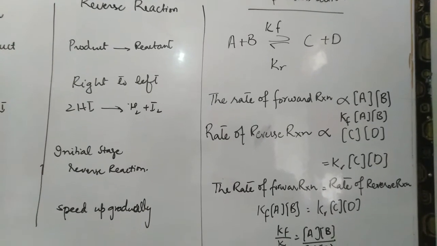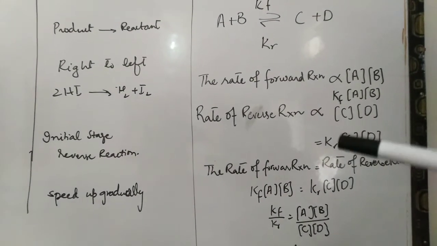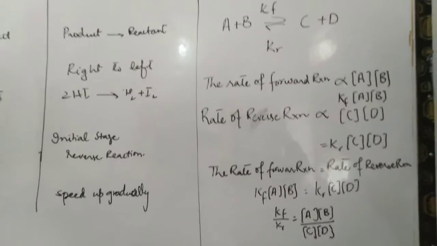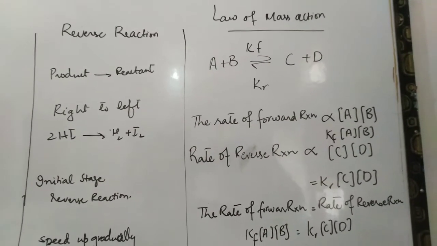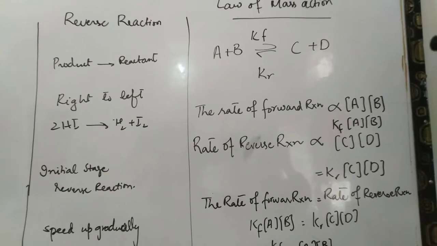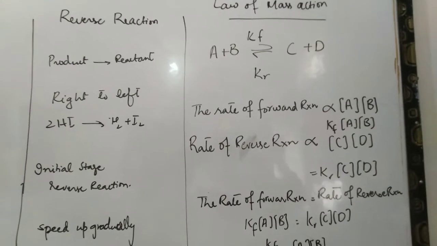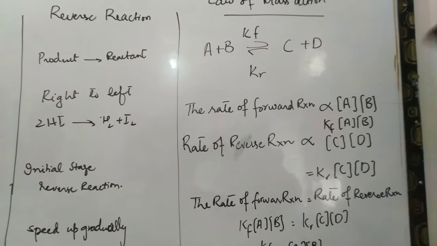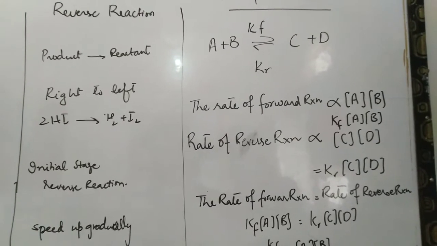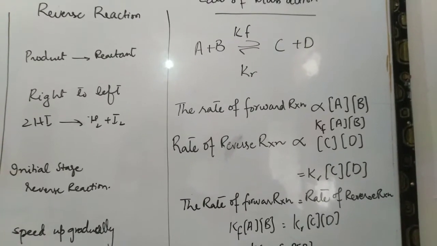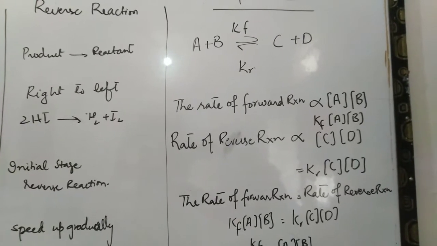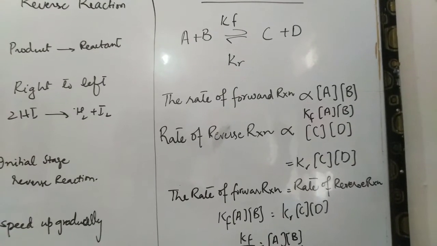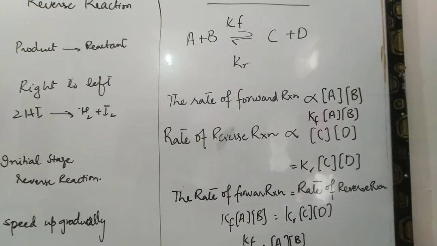You can see in the derivation, we are converting the reactants, that is A and B, into the products, that is C and D. You can see the upward arrow I have shown you; that is Kf, the rate constant of the forward reaction, and K shows the rate. And if you can see the symbol of the arrows, Kr is the rate constant of the reverse reaction. The rate of the forward reaction, where Rx shows the abbreviation of the reaction, is directly proportional, and you are familiar with the sign of direct proportion, to the active masses of A and B. These K brackets are basically the representation of the active mass.